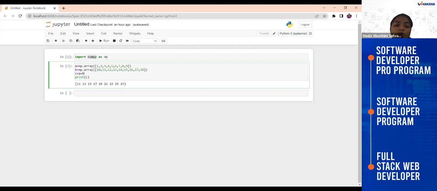If you want to process all these kinds of things, NumPy has many inbuilt packages, and you can always use them for processing. That is the thing I wanted to explain.